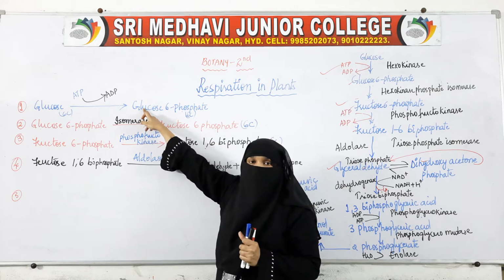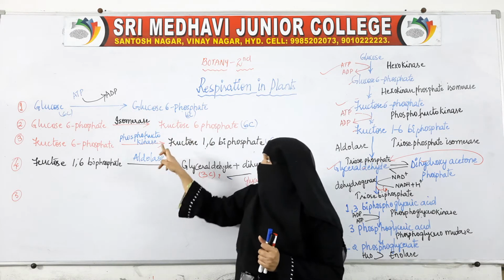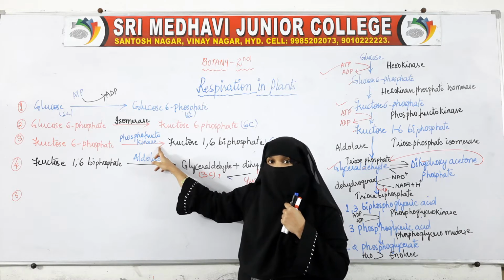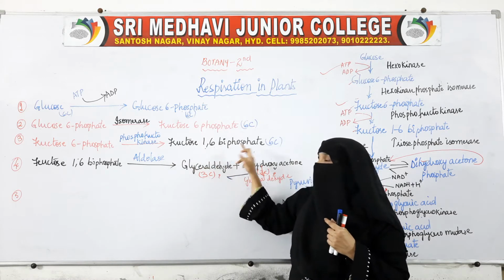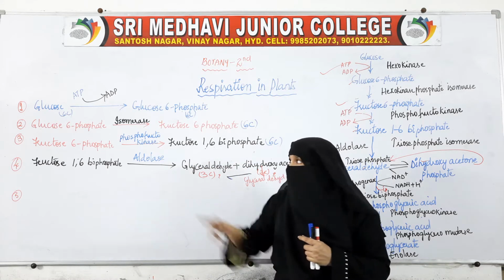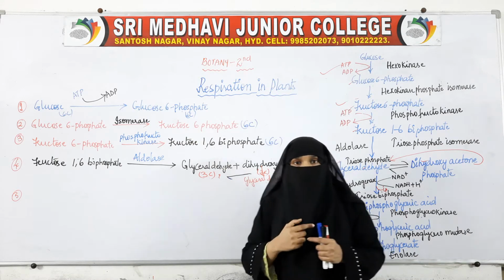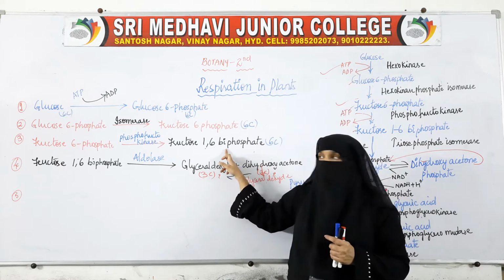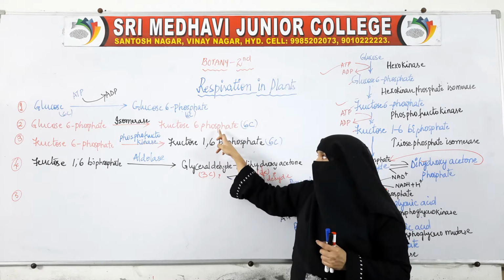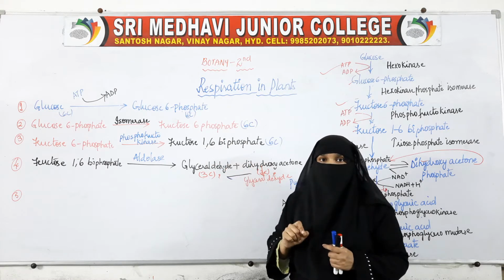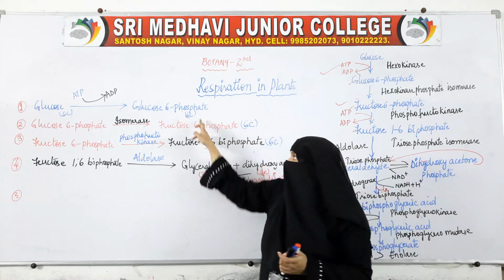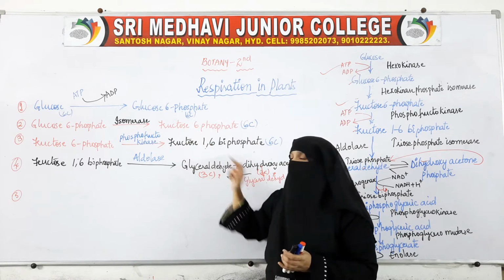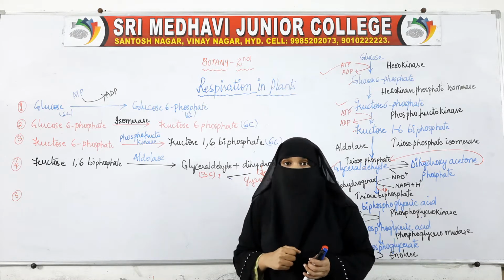One ATP has been utilized in the first reaction, another ATP has been utilized in the third reaction. 2 ATPs have been utilized and what is formed is fructose 1,6-biphosphate. Till now all the products were formed. The starting product was also a 6-carbon compound, and the products from glucose to glucose 6-phosphate to fructose 6-phosphate to fructose 1,6-biphosphate, all these 3 products, the starting product and the intermediate products, are all 6-carbon compounds.